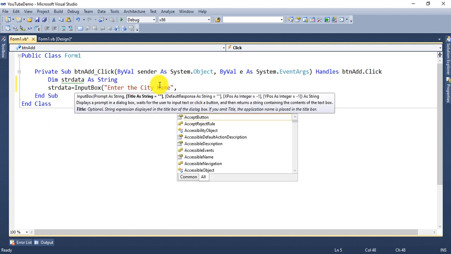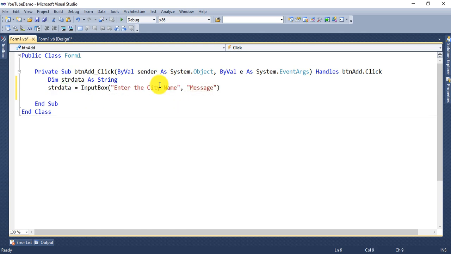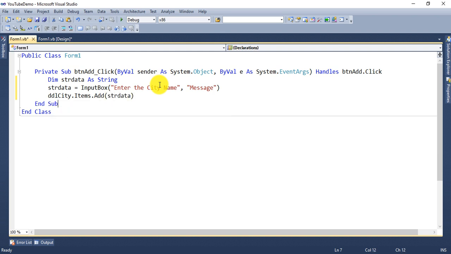Here you can provide a caption or title name, the message, and so on. Whatever data the user inputs will be stored in strData, and that strData will be added using ddlCity.Items.Add, so it is stored inside the combo box control.